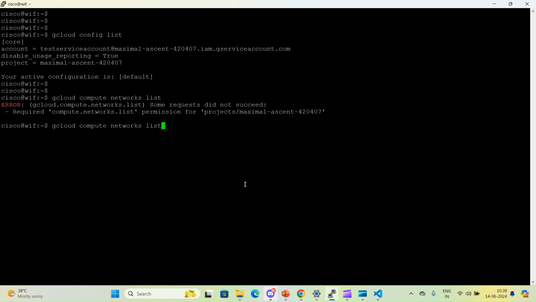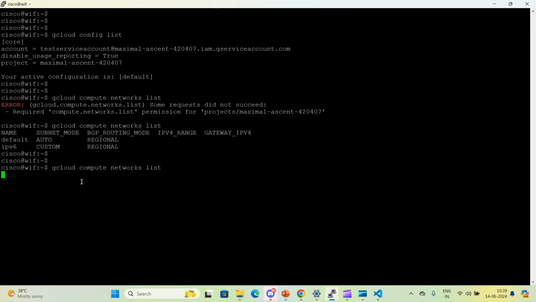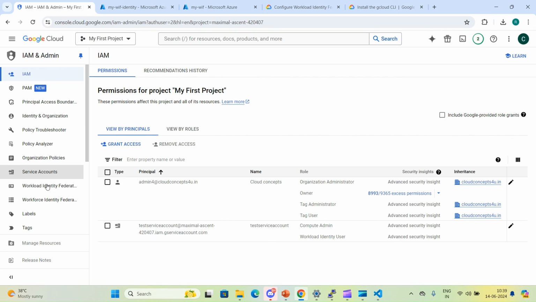So now let's run the gcloud compute networks list once again. We can see now it is working fine. We are able to access gcloud, and like this we have seen both of them, like how we can use workload identity federation with